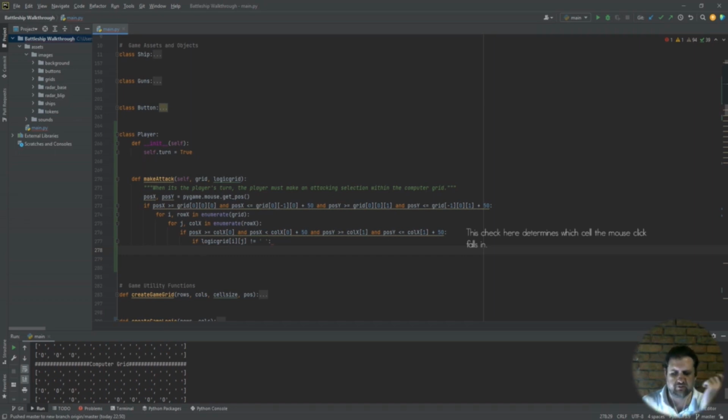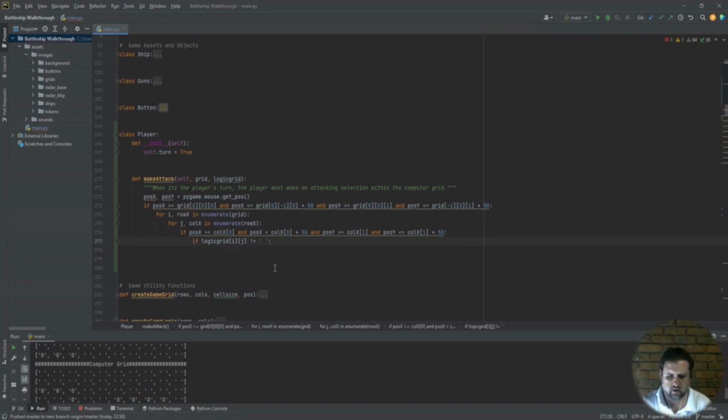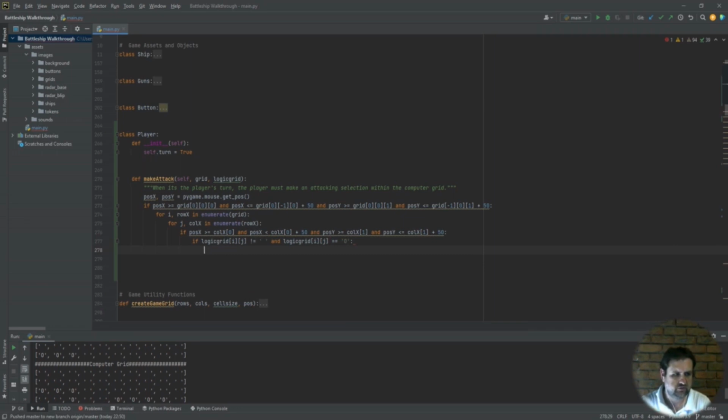Which basically means if it equals a circle, if logic grid does not equal that, and logic grid I j does equal a 0 or an O, right? If that's the case,